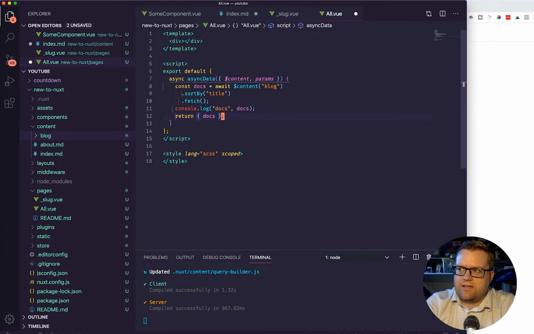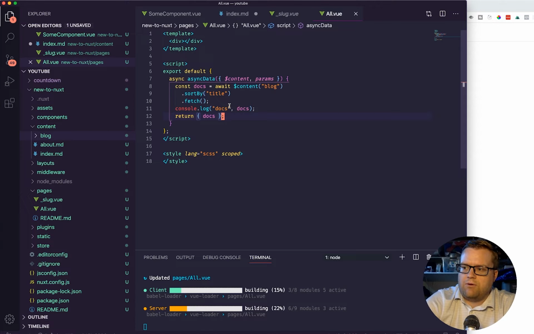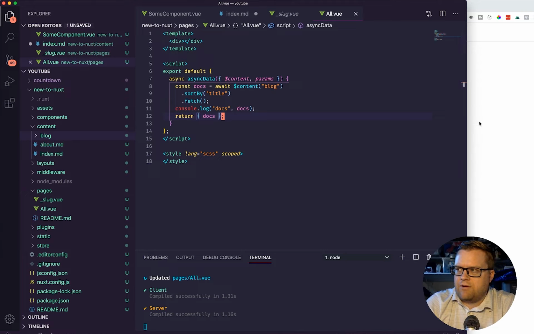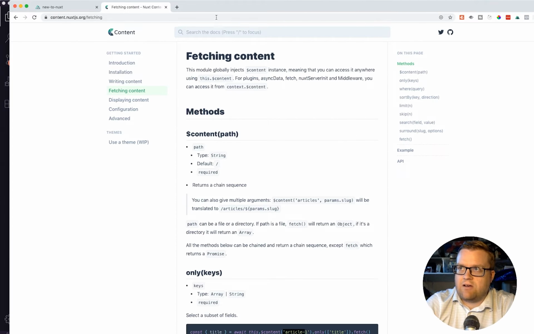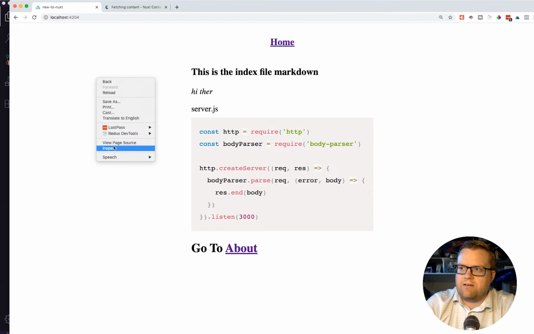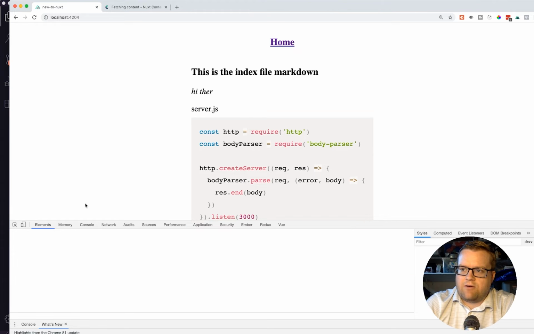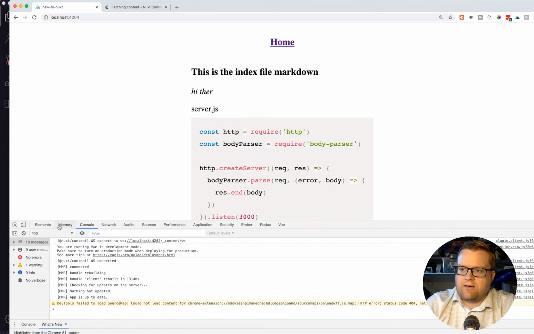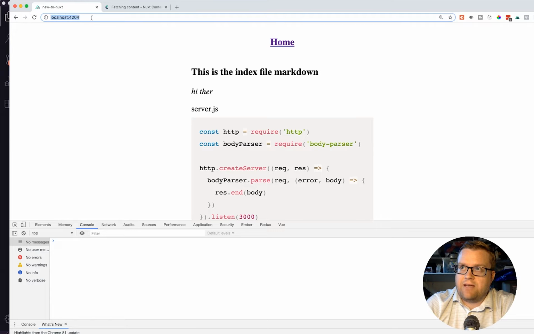So I haven't done anything except seeing if I can pull this all component up, and I just want to see if it logs everything for me. So here I'm back in the console, in the Chrome browser. I'm going to open up the console, and I'm going to go to my new all